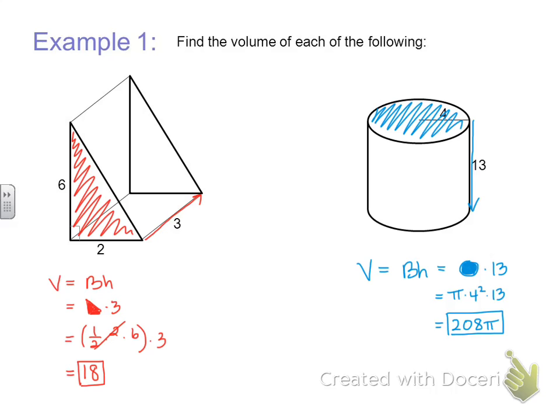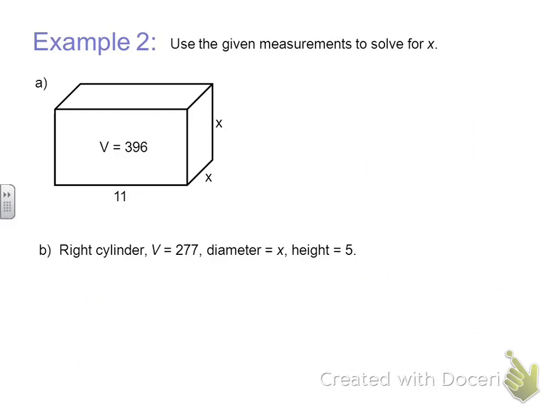Any questions on either of these shapes? No? All right. So then, as usual, I can work backwards. What if instead of asking you for the volume, I say, here is the volume, and I ask for a missing dimension? Do you change what formula you're working with? No. All you're changing is what you're filling in about that formula, right? So for the first one,